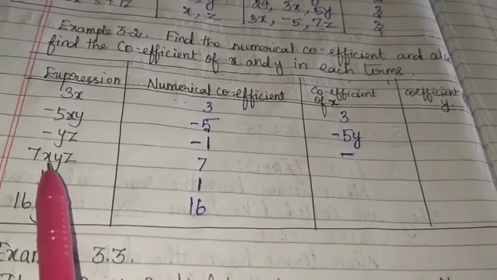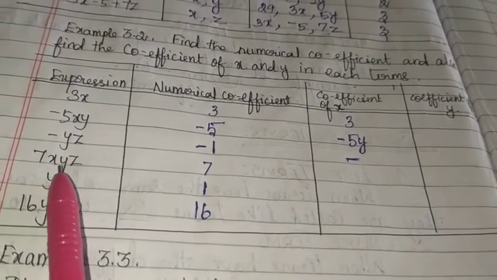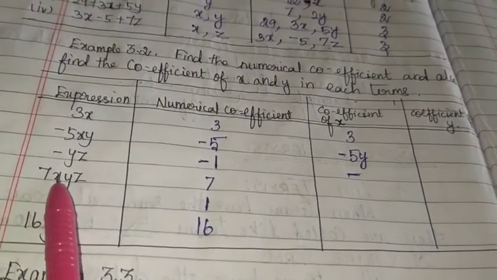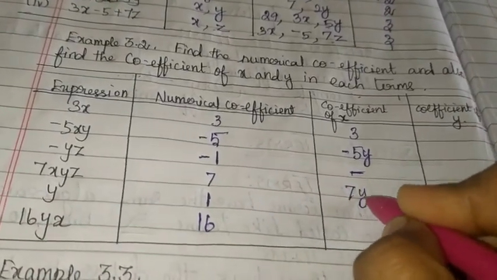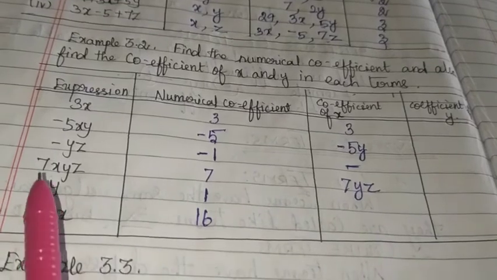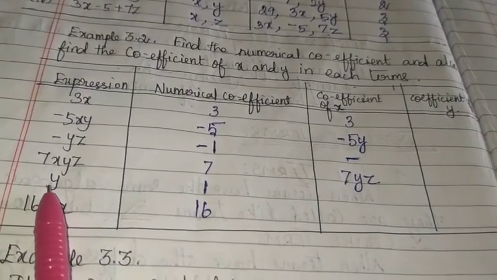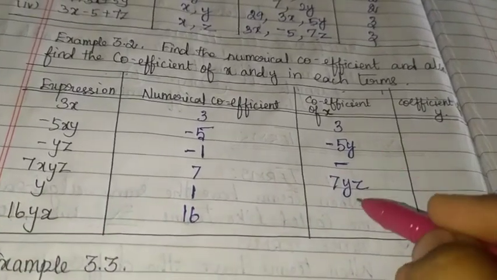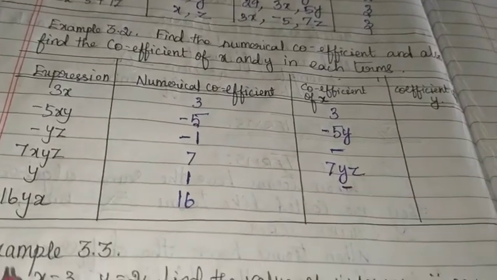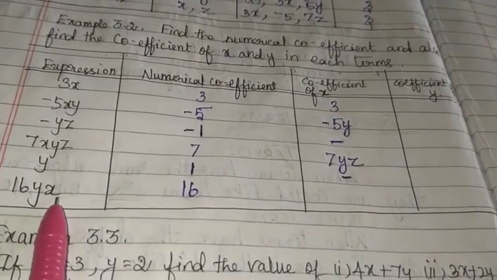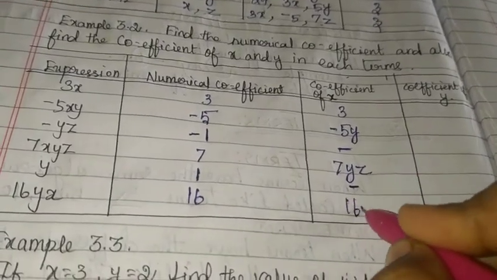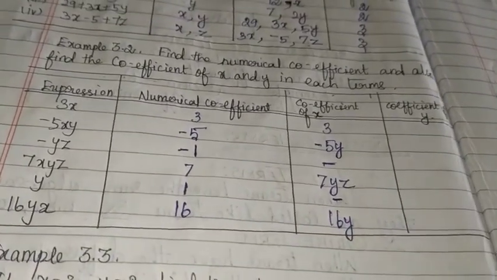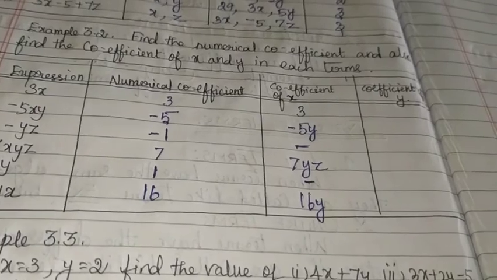So next in this expression 7xyz, we have the x here. So x மட்டும் விட்டுட்டு மீதி 3யும் நம்ம எழுதணும், 7yz. Okay, so here also I don't have x, only y is there, so I have to give the hyphen. So here we have the x, so x before 16, y is there. Okay, what children? I hope everybody understand.